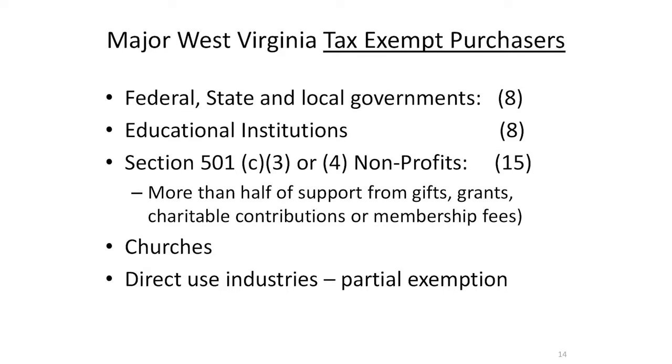There are currently about 8 states out there that do not have an exemption for state and local governments. They actually tax them. Typically, those are going to be the vendor states, where the vendor is responsible for paying the tax. So if for some reason we wanted to tax the federal government, you'd have a vendor tax, and the vendor pays the sales tax, regardless of where the sale is to. That's how that would be accomplished. Again, there's only a handful of states that do that. And by the way, if you want to tax the federal government, you better well tax the state and local governments. The feds get upset when you treat them